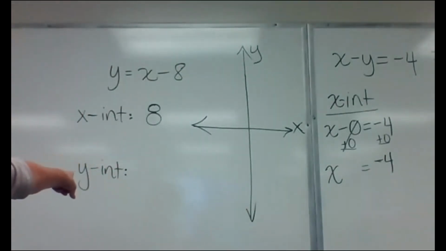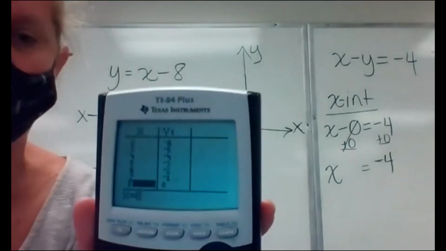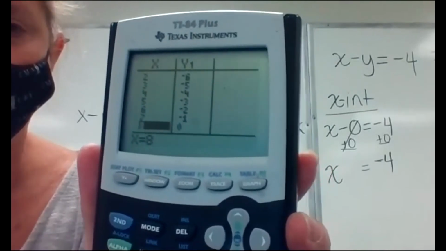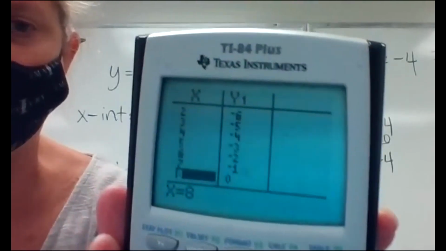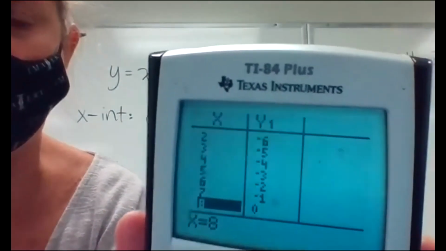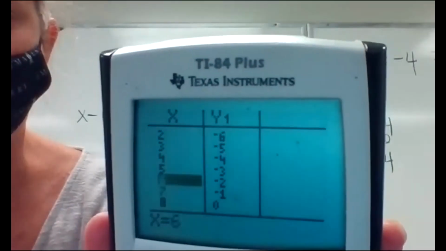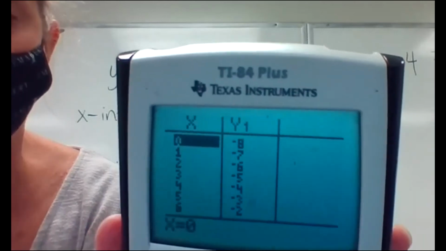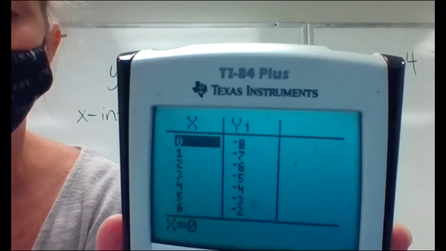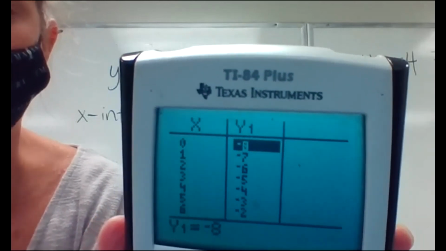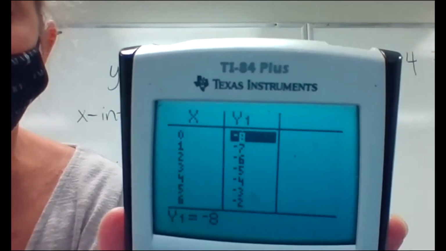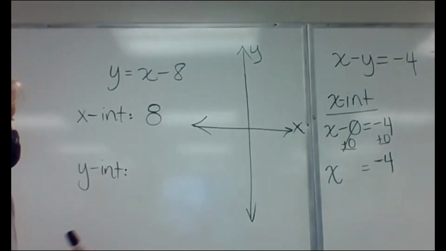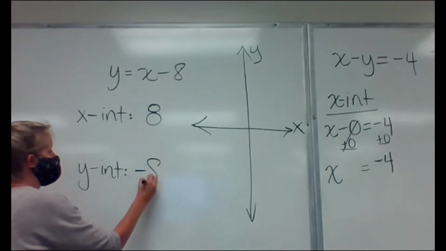Y-intercept. Where do I need to go in my table to find that? I need to go where the X is 0. So I'm in my X's. Let's go to where I'm getting to 0. It looks like I need to go up, right? Getting closer to 0 going this way. Well, there's where my x is 0. What's the y that goes with it? -8. So my y-intercept is